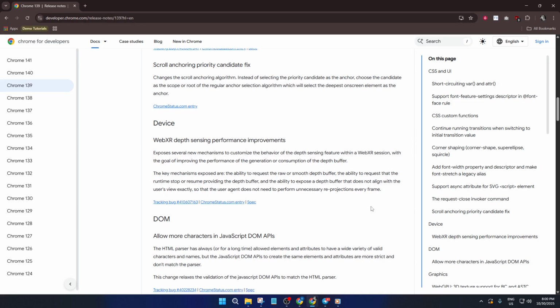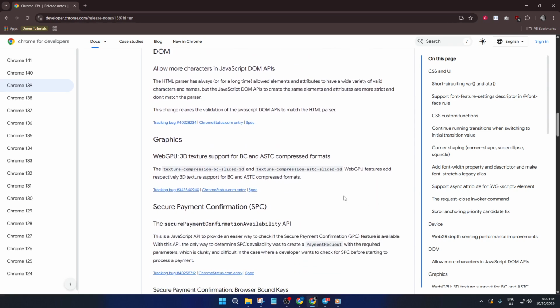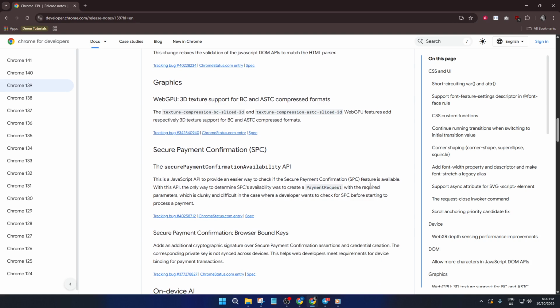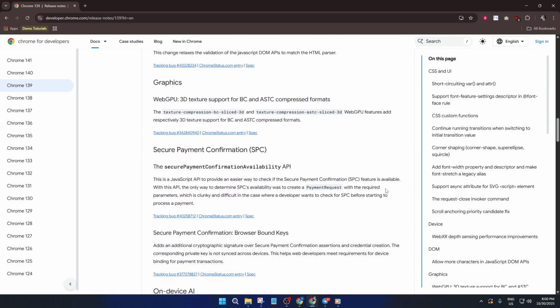Security and privacy get serious attention. Chrome now reduces the detail in the Accept-Language header, making user fingerprinting a bit harder. Only the top preferred language is sent. Plus, Secure Payment Confirmation APIs become easier and more robust, with new availability checks and device-bound keys for safer online